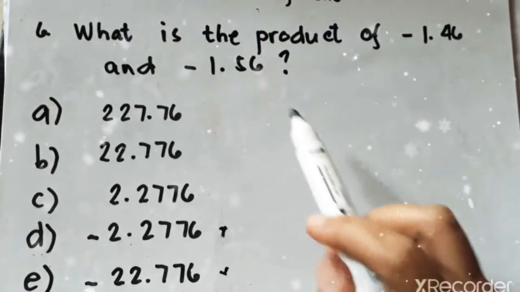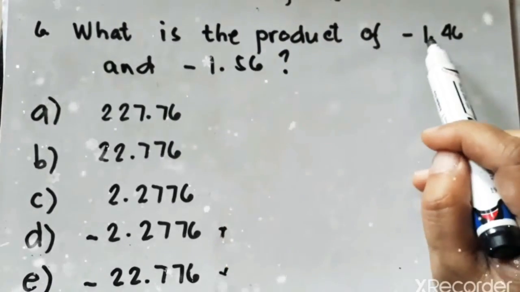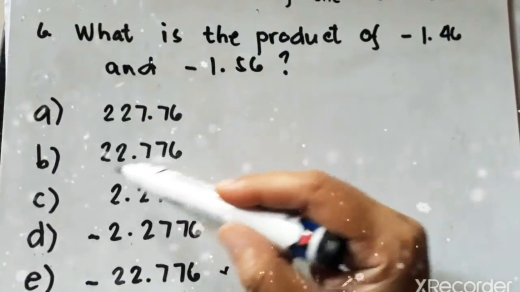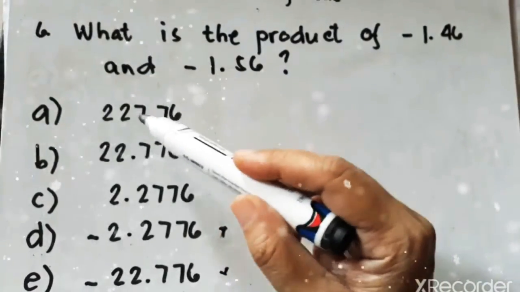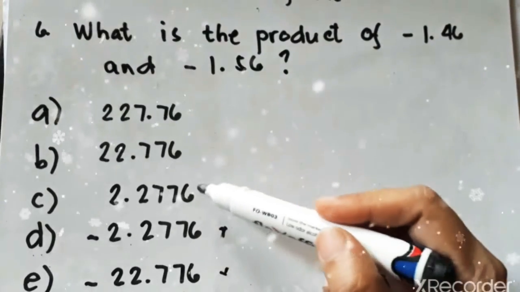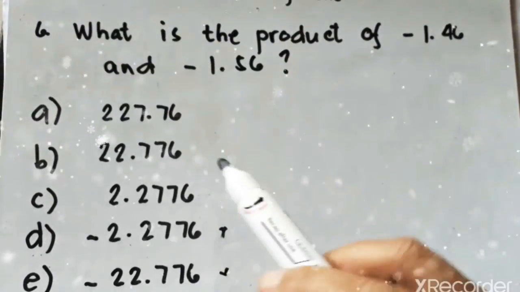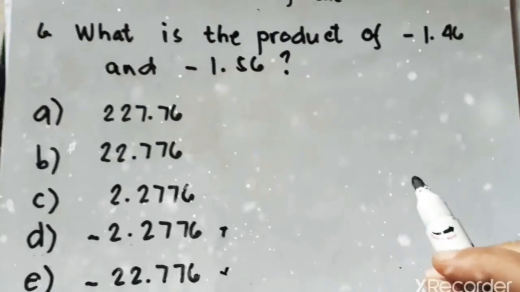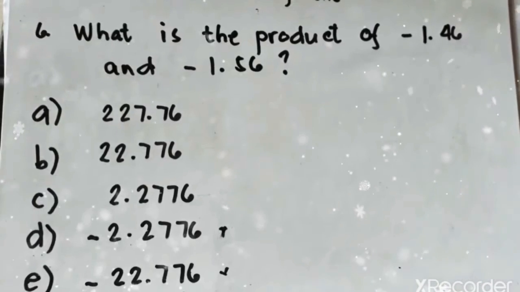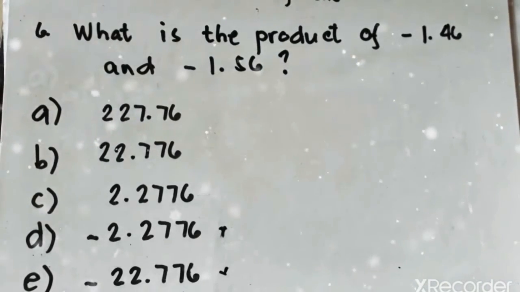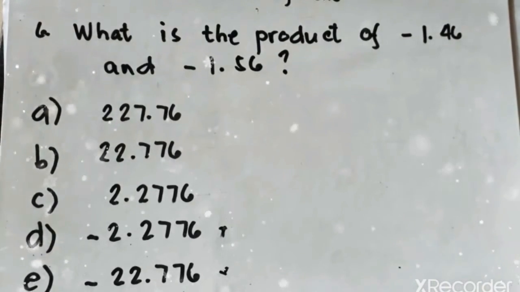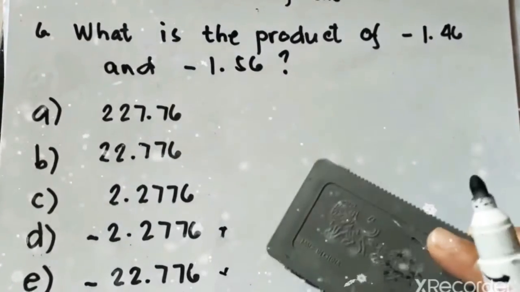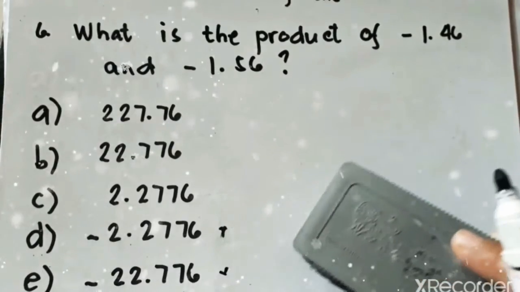Aside from that, if you multiply 1 times 1, it is very impossible that the answer is 22 or 227. So letter C is your correct answer. That is how you save time in each of your items during the examination, since you are not allowed to use a calculator. So check the choices, then